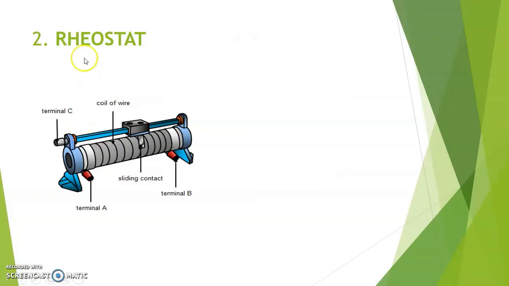Next we have what is called the rheostat. Rheostat has what is called a sliding contact. You would have seen this in the lab. You can vary this sliding contact and the value of the resistance can be changed. Starting from terminal B, this entire resistance value is taken till here through terminal C. But if the sliding contact is kept somewhere over here, then the resistance value would be only till this, and that is taken through terminal C.